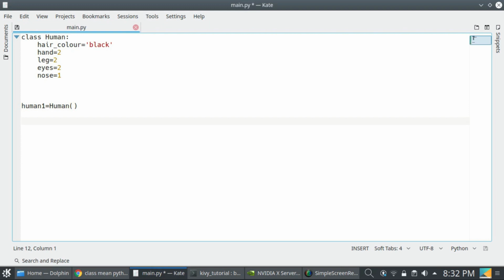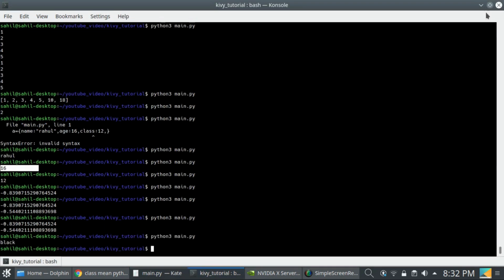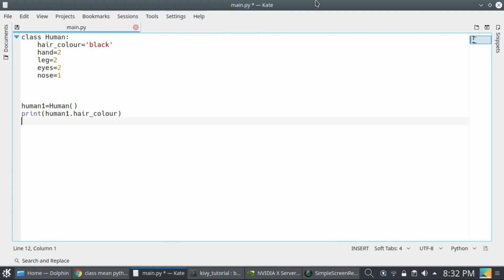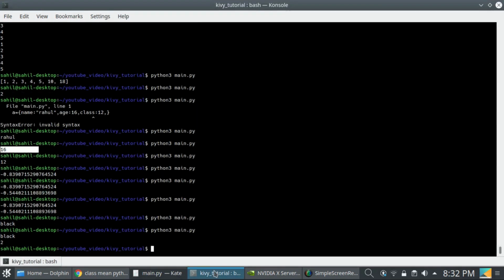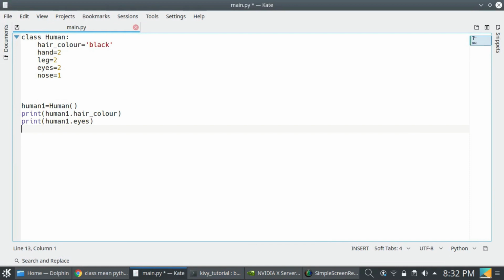We can access the properties of the human1 object, like print human1 dot hair color, which gives black, or you can print human1 dot eyes.